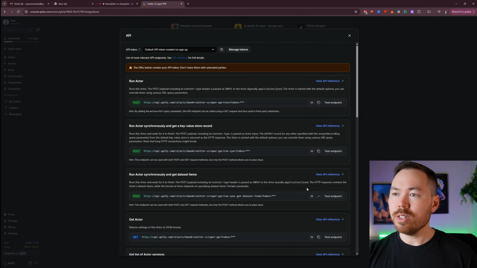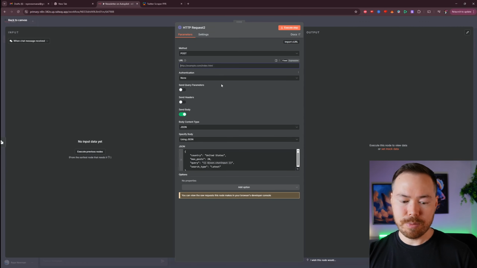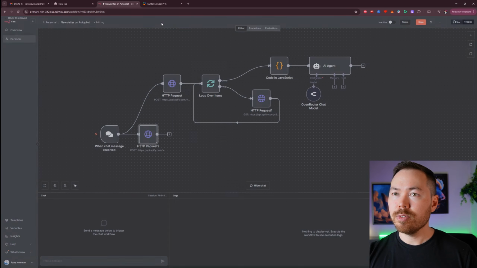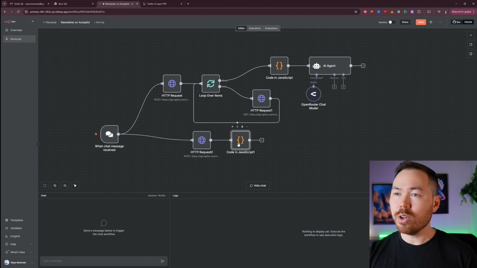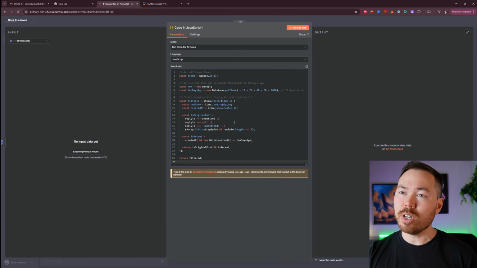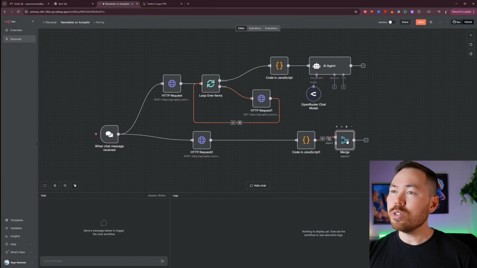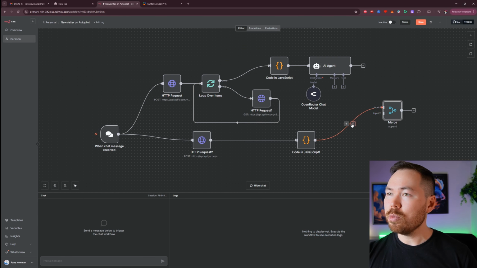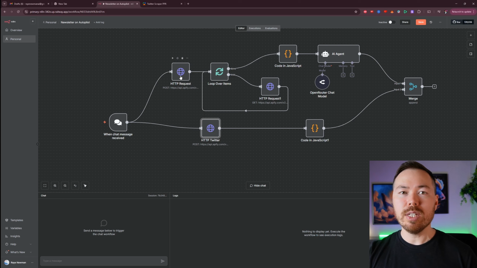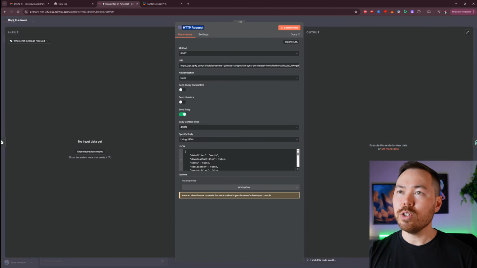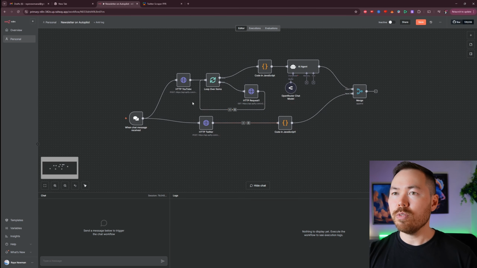Third one down. Let's copy this, paste it in. And again, we've got a little node here for the code just to clean it up, and you can just use the JavaScript straight from this file. And now we're going to do a merge that combines the data from YouTube and Twitter. Just connect these up. I'm just going to rename this to Twitter so it's easy to remember. I'm going to name this one YouTube. Okay, so we've got our YouTube leg, we've got our Twitter leg, and now we're going to do our